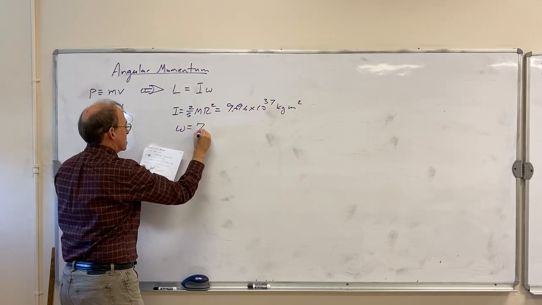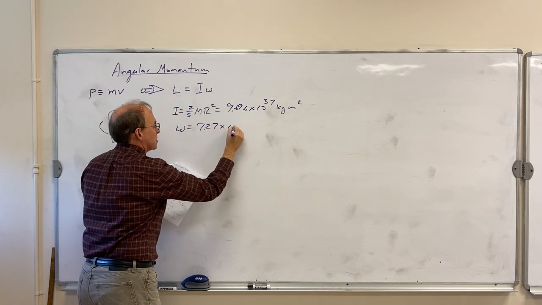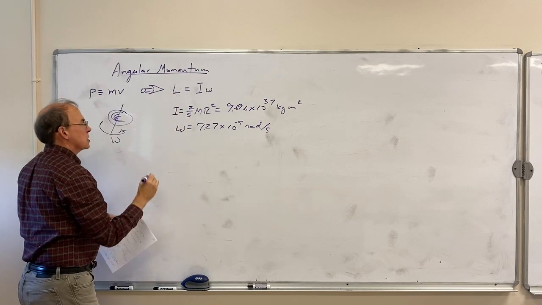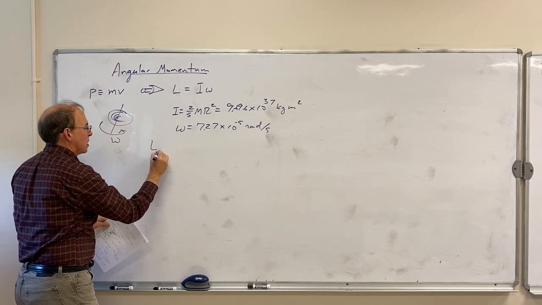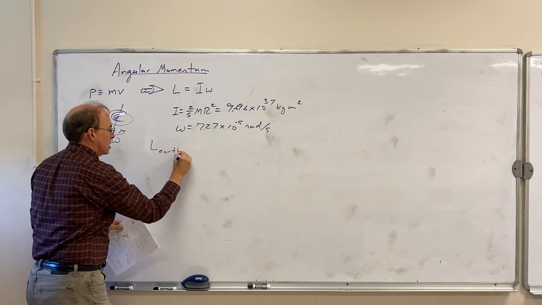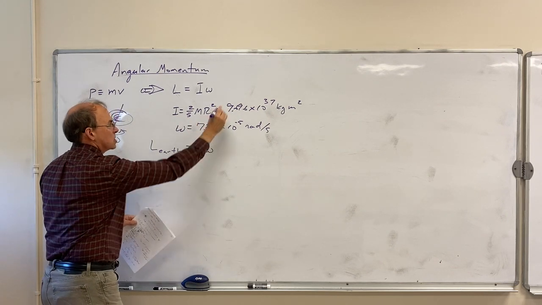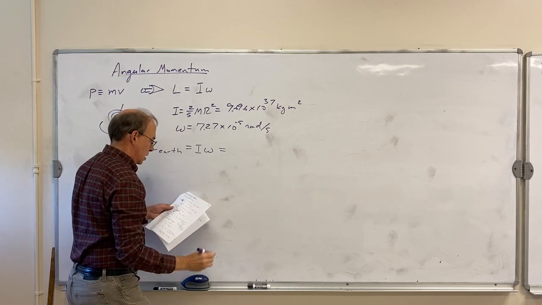Omega of the Earth was 7.27 times 10 to the minus 5 radians per second. So now the angular momentum of the Earth is just I omega. That's the product of these two numbers. I'm not going to write them again. Is